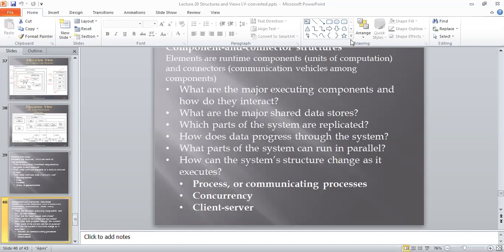Then next one, some assignments of software elements to the development teams. Which type of assignments are there? Assignment is nothing but which type of elements and what is the use of that element. So it relates to the development, that means how elements are used and how those are going to be implemented. All this concern relates to the allocation structure, which focuses only on the internal and external impact of your software architecture.